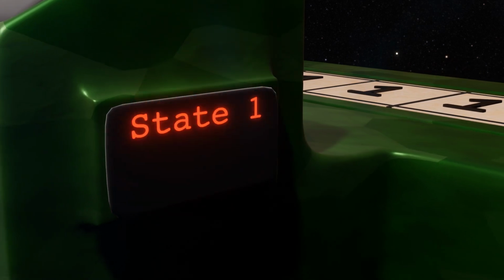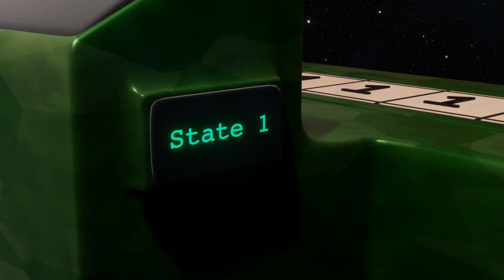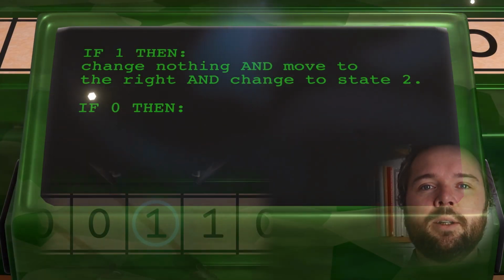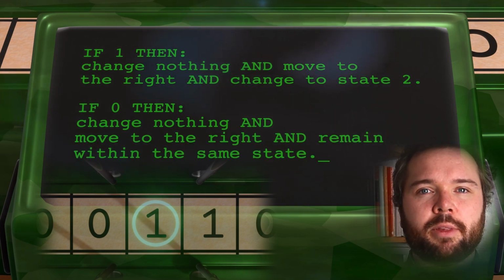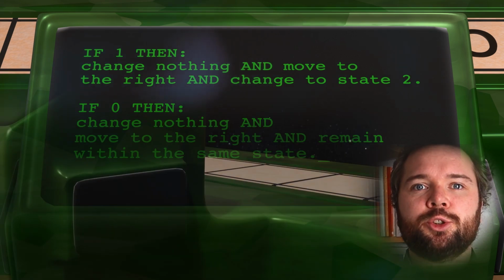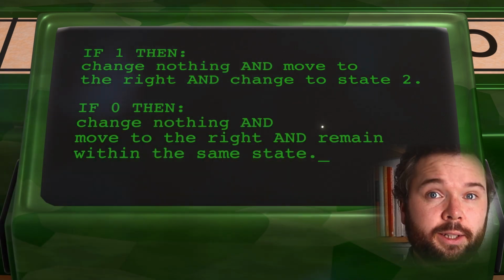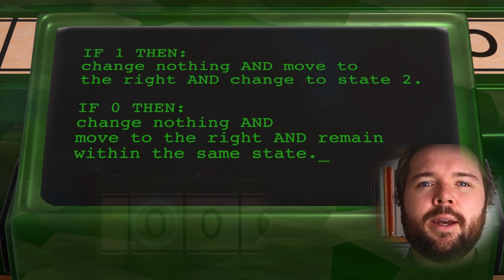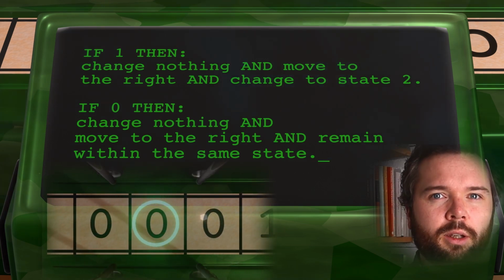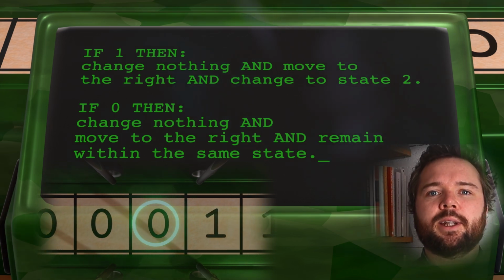So let's start the machine and I'll explain what occurs. The machine begins within the first state, which tells the machine to follow these 2 rules. If the head reads 1, then change nothing and move to the right and change to state 2. And secondly, the rule of if the head reads 0, then change nothing and move to the right and remain